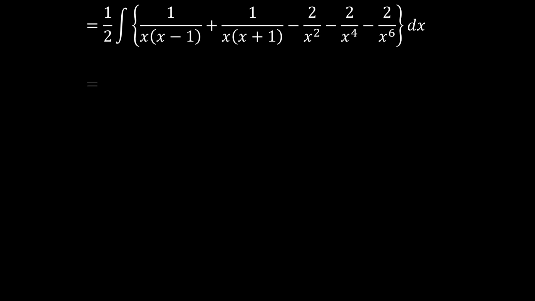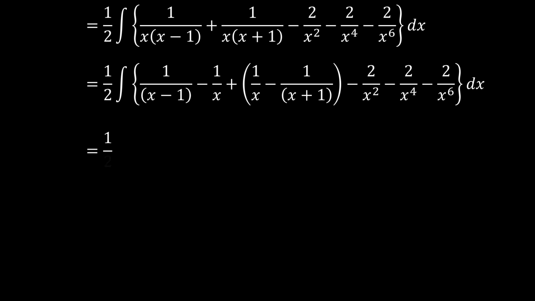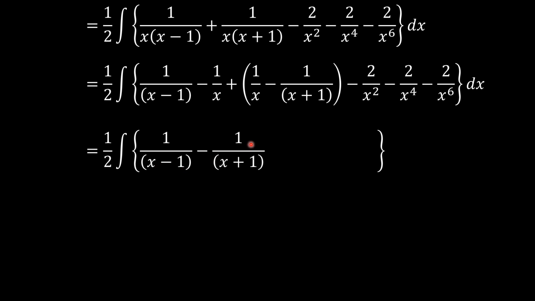an expression that can now be integrated independently. So the final expression here is 1 over x minus 1 minus 1 over x plus 1 minus 2x squared minus 2x to the fourth minus 2x to the power 6,